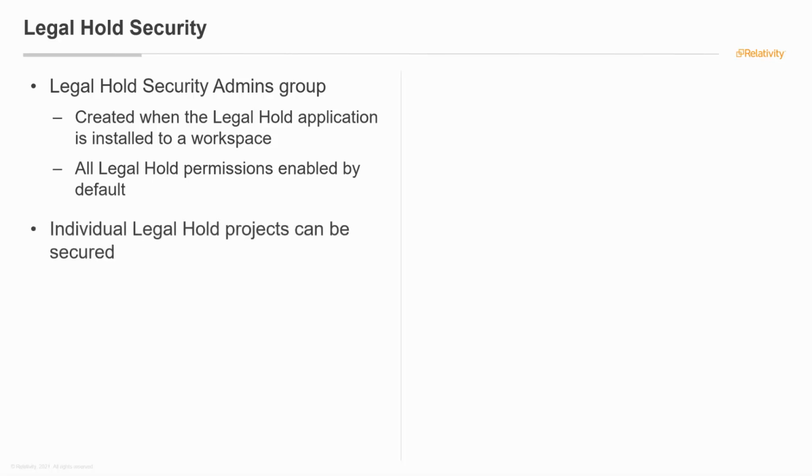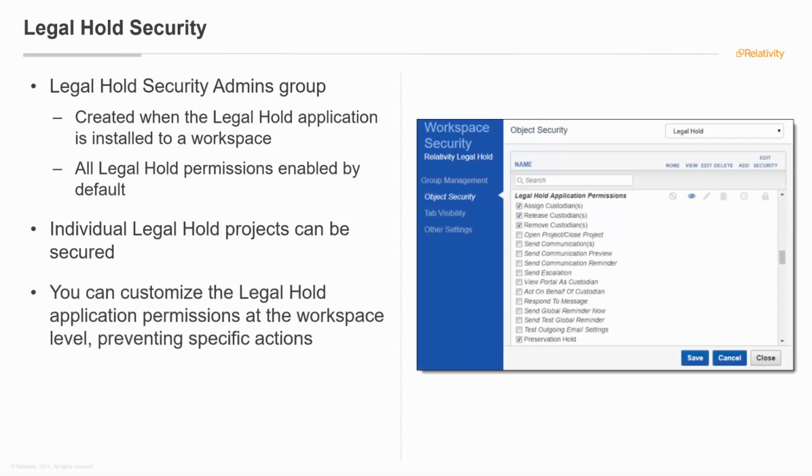Now, as with most Relativity objects, you can individually secure legal hold projects, and system admins can access the legal hold application workspace permissions to manage custom permissions at the workspace level. As you see in this screenshot on the right, this is a screenshot of the workspace permissions on the legal hold object. As you can see, the checkboxes are in different levels of permissions. So this level of control can prevent specified custodians from specific actions, such as sending communications or assigning custodians to